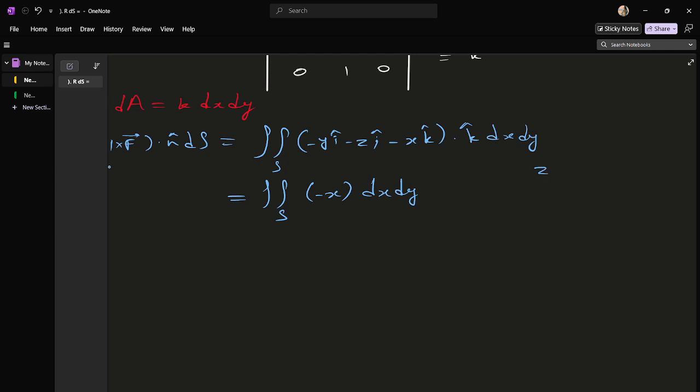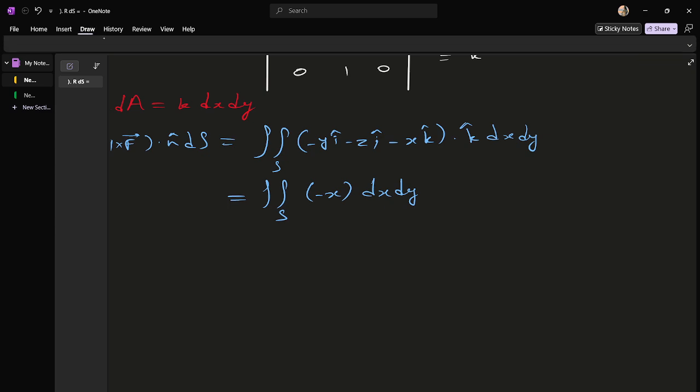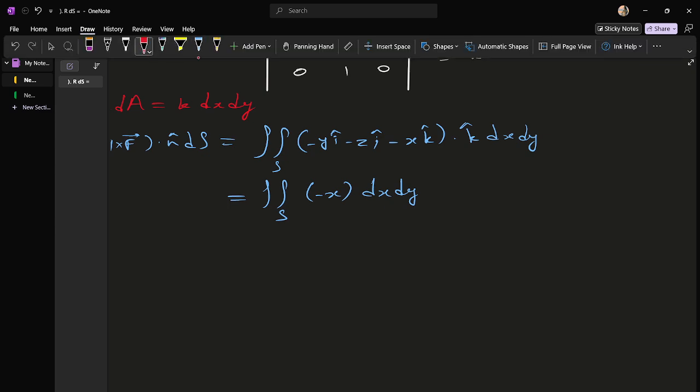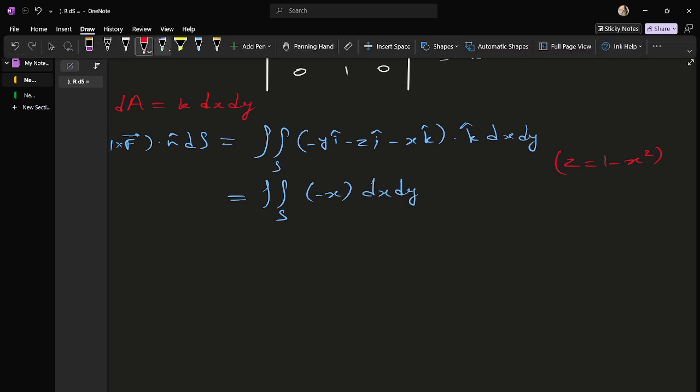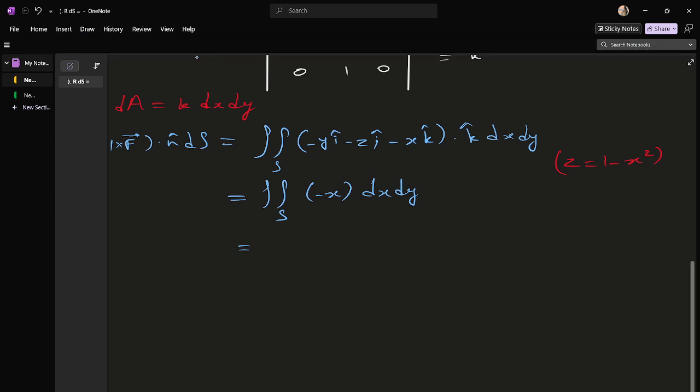So now we have to substitute our value, which is this. z is equal to 1 minus x square, which is the given thing. Okay, so what can we do? We will substitute it as, okay, so it will be our